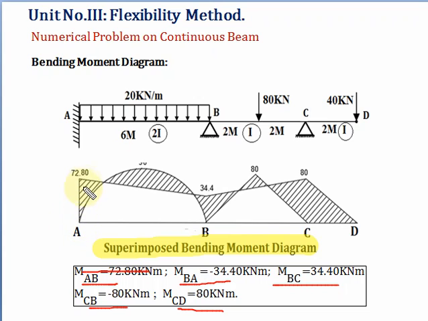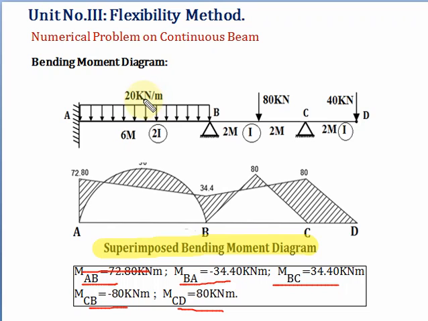At point A you have to show the vertical line showing the moment 78.8. Now at B there are two moments, minus 34.4 and plus 34.4. One is minus, another is plus, but you have to show it above the horizontal line. Again moment in member CB and CD, one is minus, another one is plus. Again at point C you have to show the moment of 80. Then you have to join it by a straight line. Now this is the fixed bending moment.